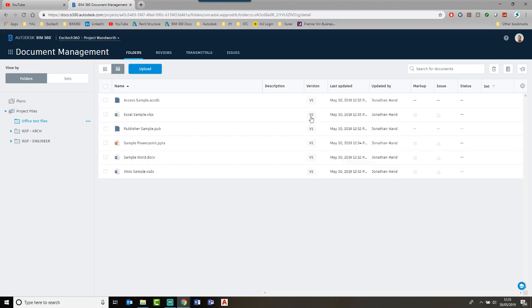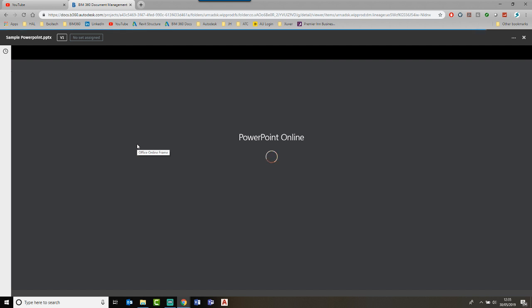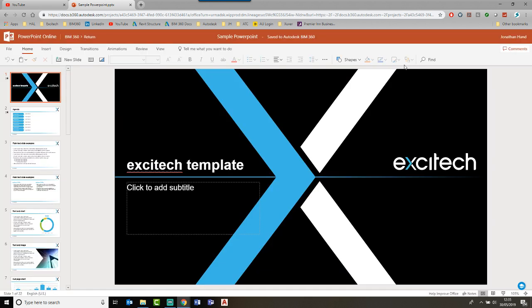make some changes, it then updates. So as we previously mentioned, the Publisher file again will not open but can be stored. If we look at the PowerPoint file, just click into it, again the same principle. So it opens up in PowerPoint Online, and you will see that it animates as well, and I can click Edit in Browser and then back into the same situation where I can make some changes to the file, and I can say stuff like put a title in,